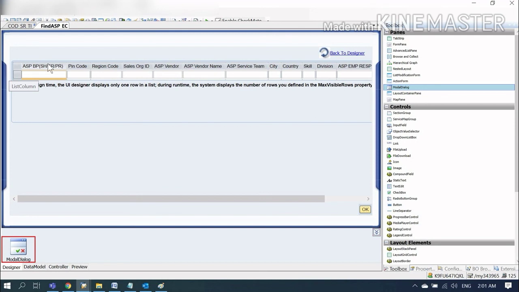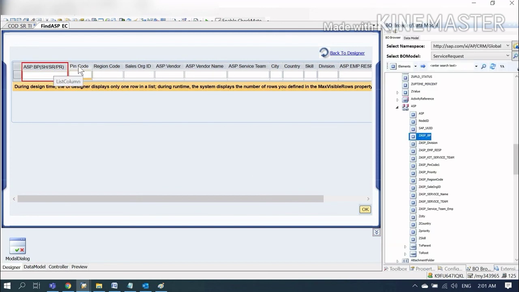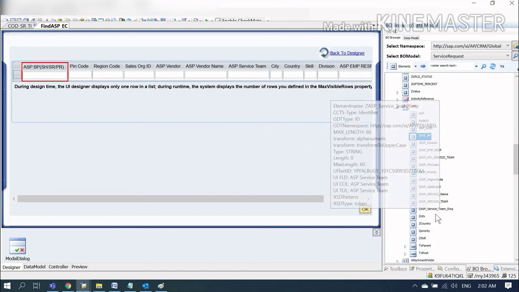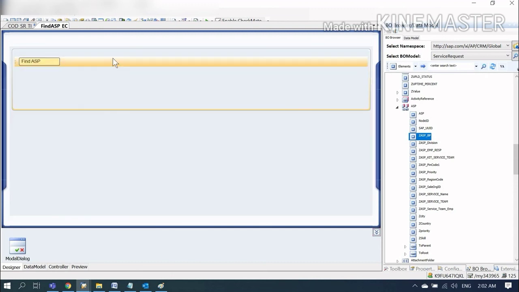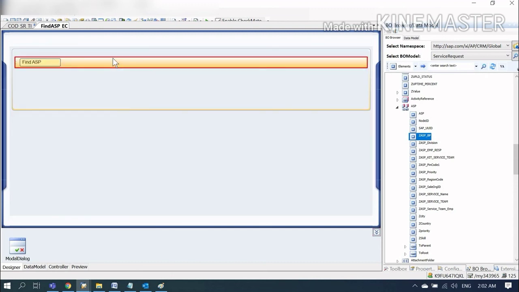These fields are nothing but we have taken a custom node and we have taken the custom fields. Just drag and drop all these custom fields to this model dialog. Now come to the designer. In the find ASP,